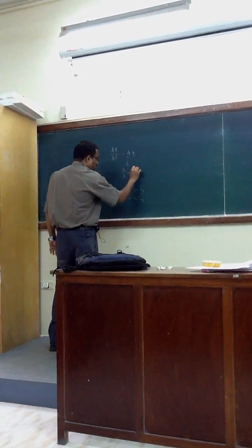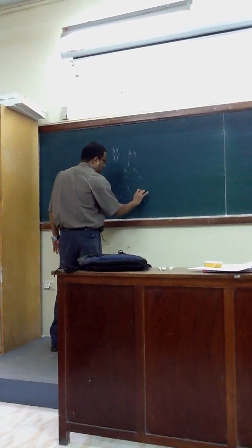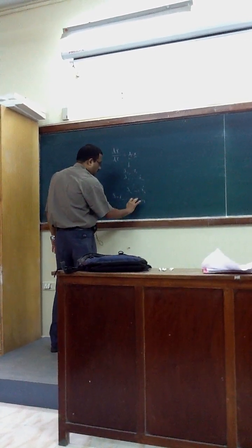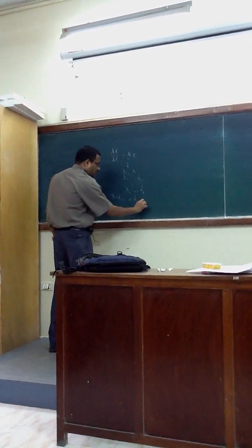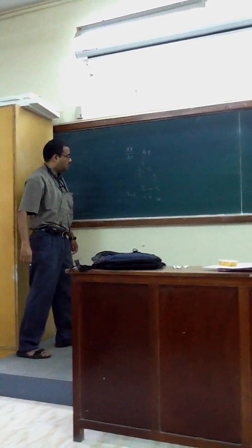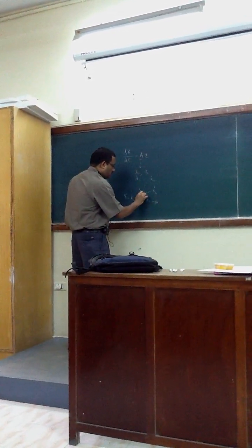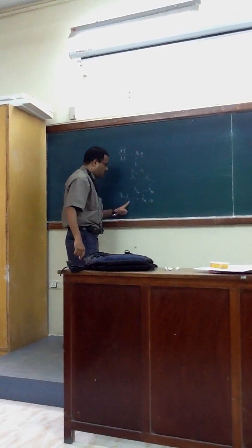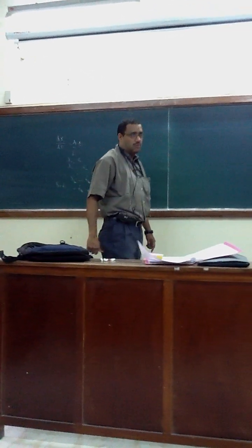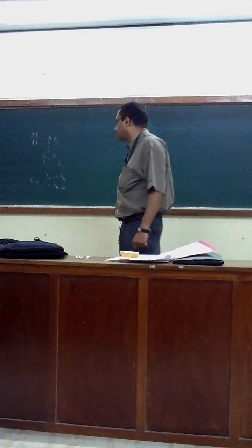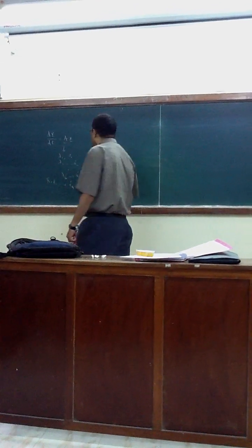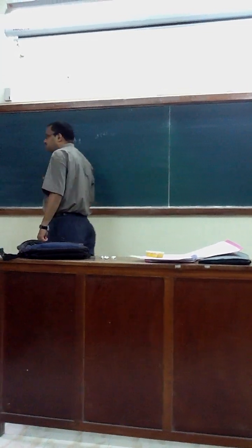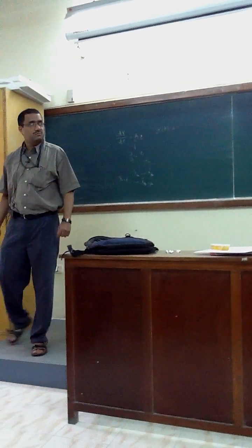We can put l1, otherwise 2 times is confusing. l1, l2, ln equals 12. We can put lambda m, much better. What will be your x(t)? The generalized solution. Any idea? What will be the x(t)?